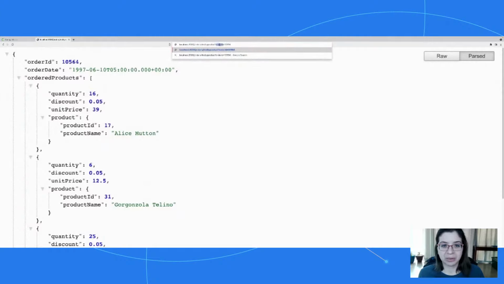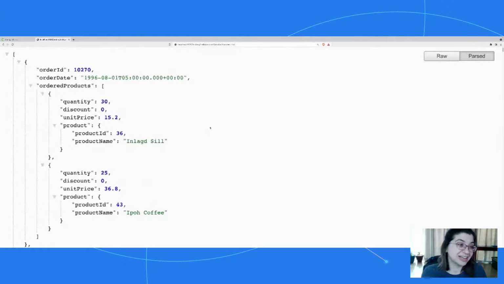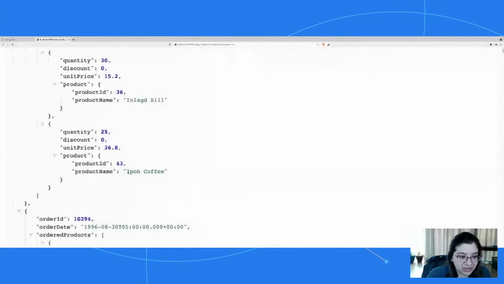Okay, so now let's go to our other endpoint. So find by product, we have a product name that we need to pass in, and let's actually just search for coffee. I love coffee, need a lot of coffee today. So I have my order ID, and then notice there's the IPO coffee. So this is the full product. It's doing the fuzzy search for me because coffee is the second half of this full product name. And I've passed in a lowercase c, and it's finding it even with an uppercase C. So it's doing that fuzzy search really well.